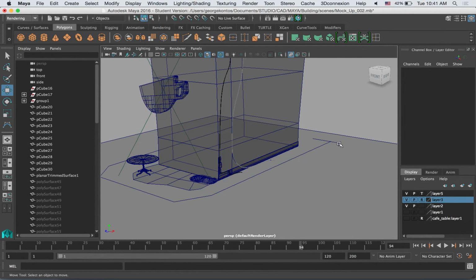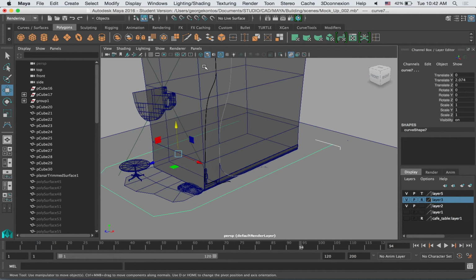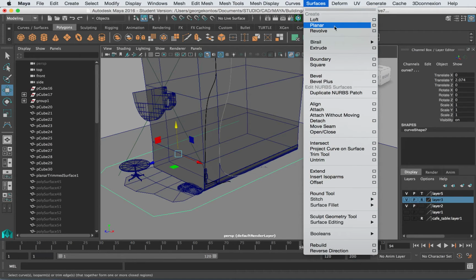You just have to select your profile first, always selecting the profile first, then you shift select the path, and you go to the surfaces area if you're in 2015. In 2016 everything is here, in the modeling area. So you go to the surfaces and you go for an extrusion, and you go to the settings,